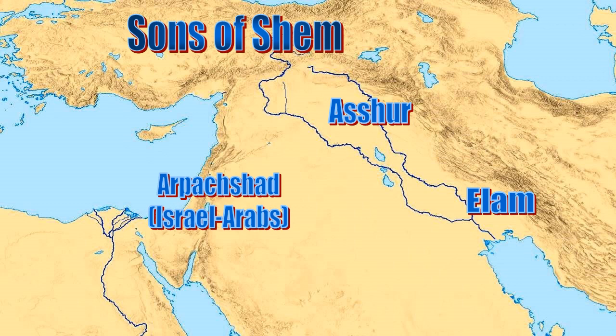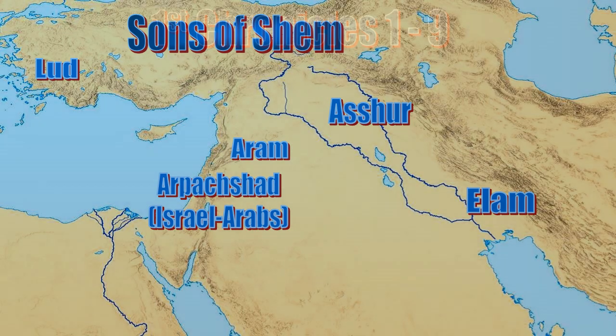Notice Arphaxad is mentioned, from which you get both the Israelites as well as the Arabs, descendants of Abraham. Lud settles over in western Anatolia. And finally, Aram, the Arameans. Aram was what we call Syria today. That's a later designation. Aram, and you're going to have their language Aramaic, which is actually going to be centrally located. So it's not that they were a big country, but their language really made the rounds, and Aramaic becomes eventually one of the common languages of that part of the world.